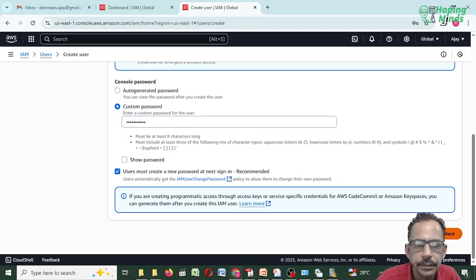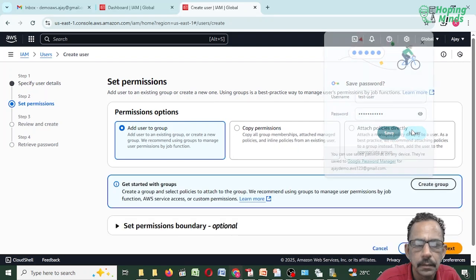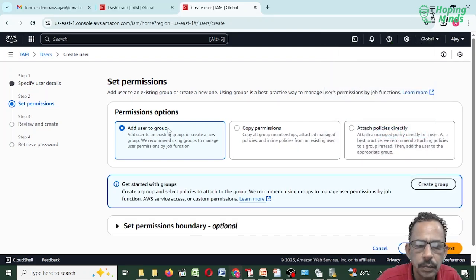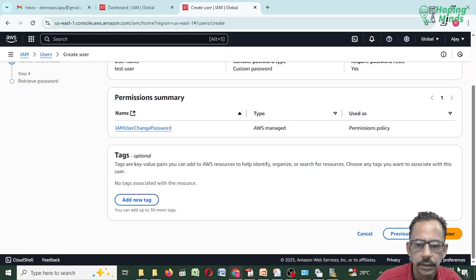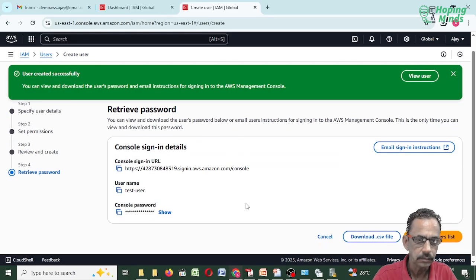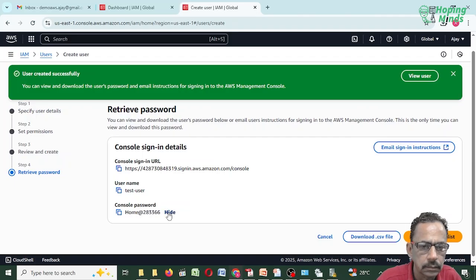Next, add to existing group. No copy permission right now. By default, a newly created user does not have any permission. Next, and create user. Return to user list.